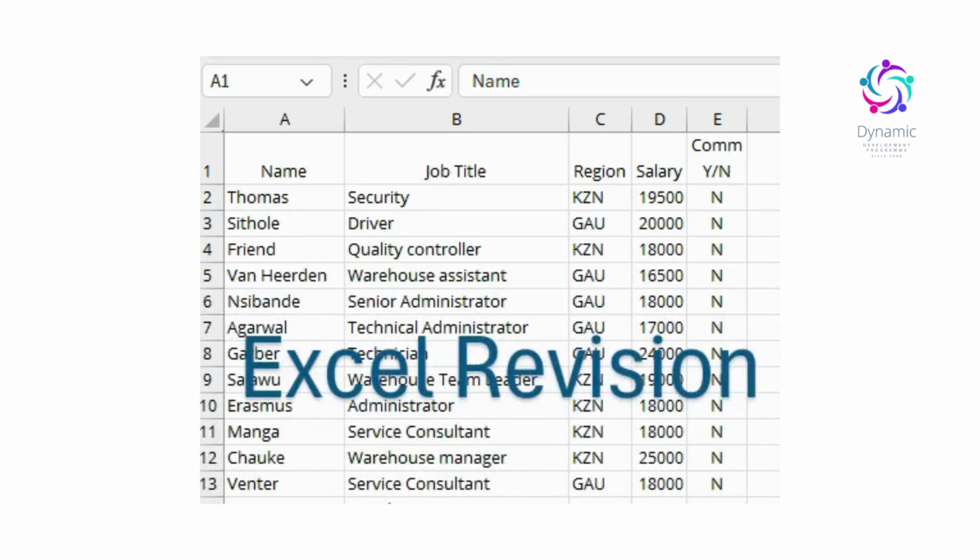DDP Excel revision, sorting data. So supposing in this exercise we want to sort all the names in alphabetical order, the first thing